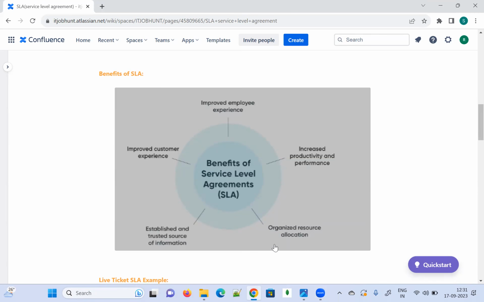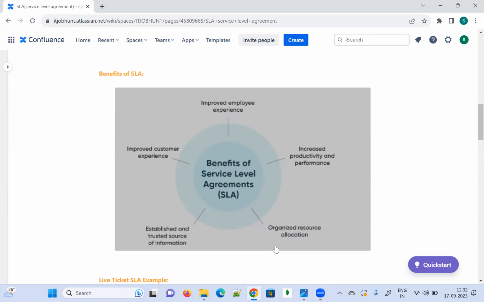Apart from this, using the SLA, we can establish a trusted source of information with the customers, and we can improve the customer experience. For example, the customer is expecting their issues to be resolved within 4 hours, but we are taking 8 hours to resolve them. The customer is not happy.